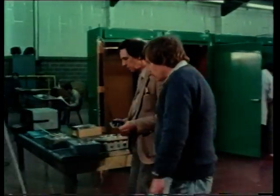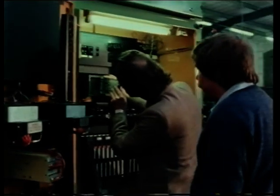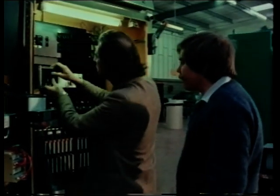The group's specialist electronic company, Control, have pioneered the use of programmable controllers, which can manage every intricate operation in